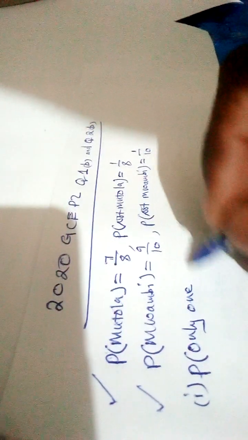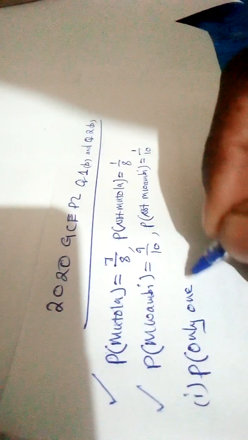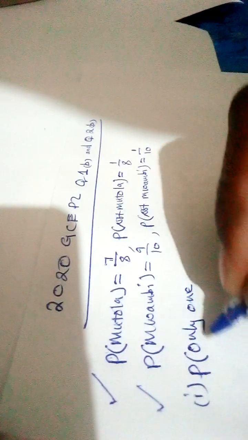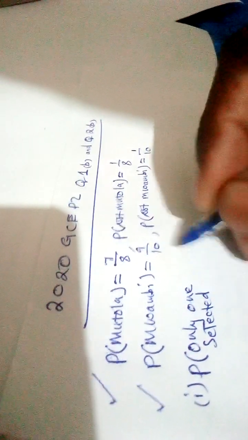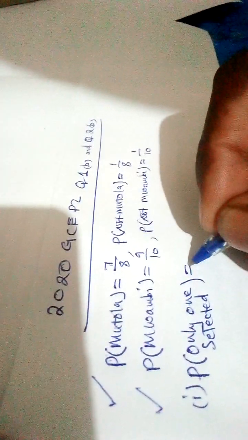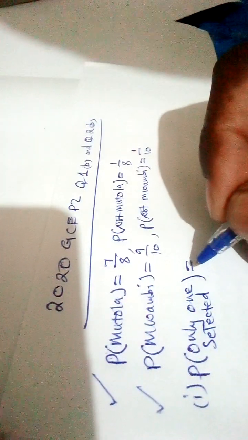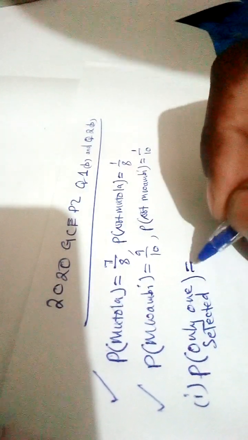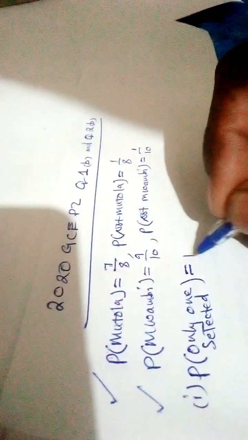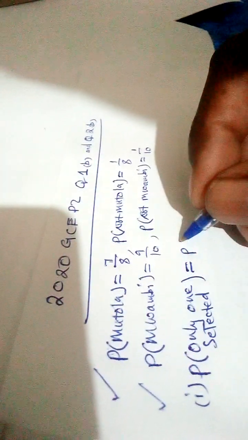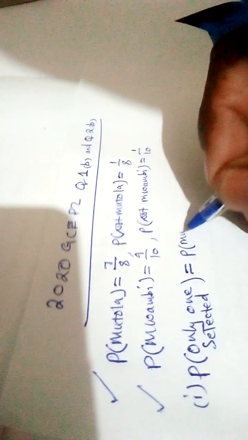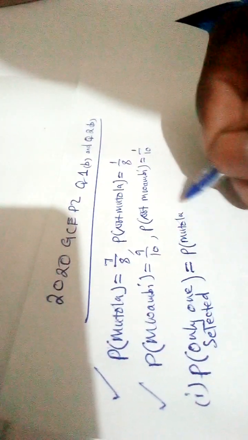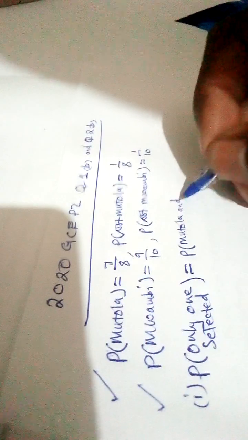So only one selected. If it's only one selected, then this will be the probability of Mutola and not Mwambi,